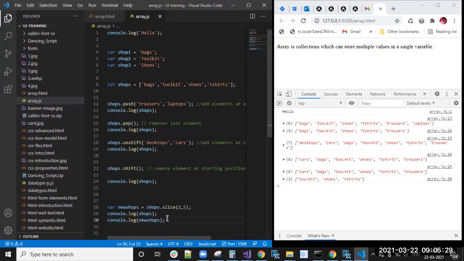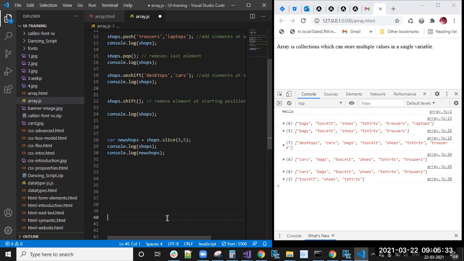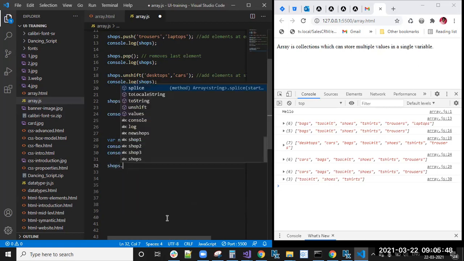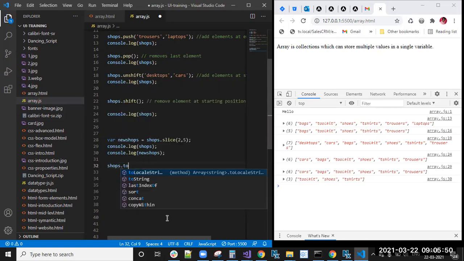So these are the methods available in the array, and we have a few more advancements. We can convert an array into a string. How can we convert? We have shops dot toString method.